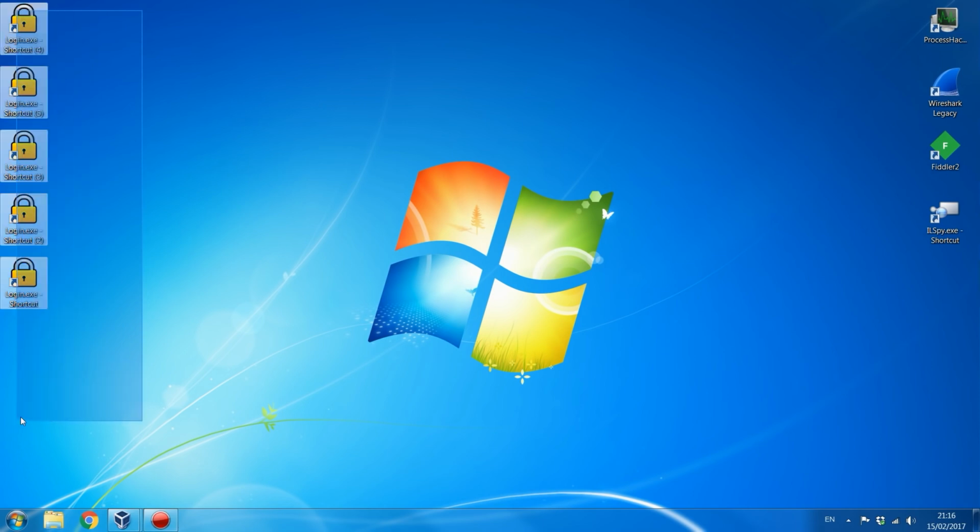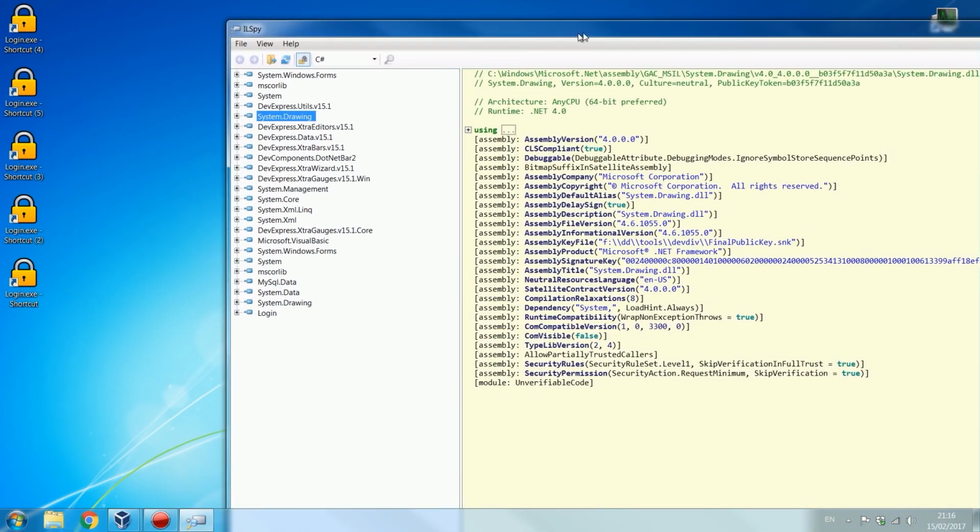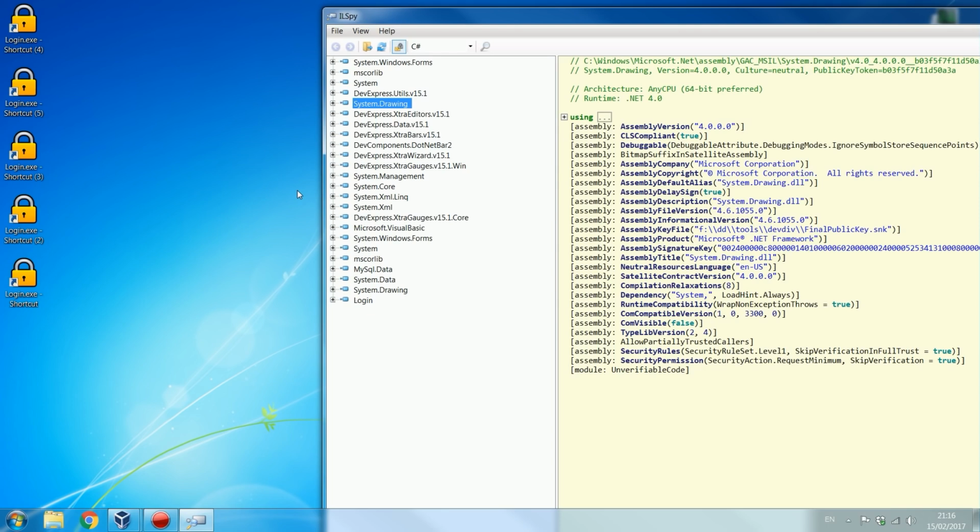And I've got a bunch of login systems here going from really weak, poor security all the way to good security. Now the one thing we're not going to be going over in this video is decompiling. That's not what this video is about. Obviously, you can decompile an application into its source code and remove the login check completely, but as long as you use good obfuscation and other techniques to prevent that, then that won't happen. But that's not really a login specific problem. It's a problem relating to pretty much anything coded in .NET. And this video is not specific to .NET either, which is why I don't want to really go over decompiling